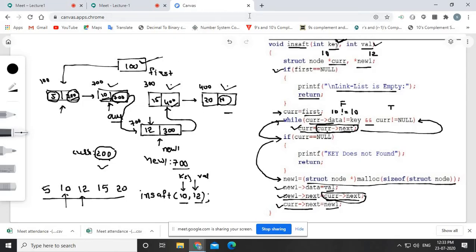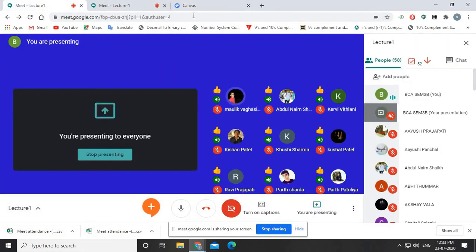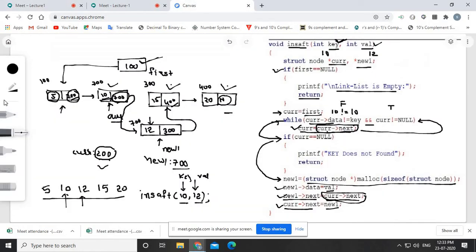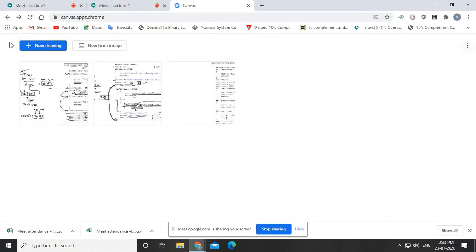Okay, fine. Now we'll go ahead with another functionality that is called insert before. So now, suppose we want to make a function which is called insert before.